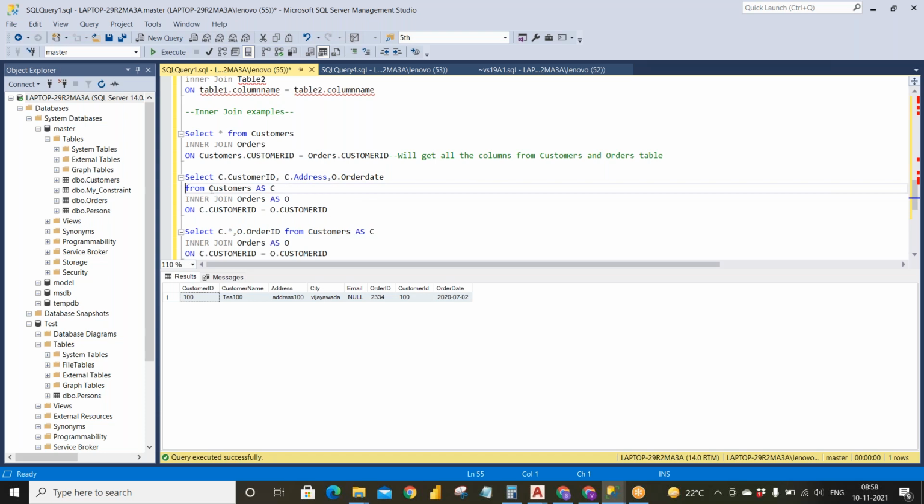Customers table is table 1, orders table is table 2. When we are saying inner join, you are joining the customers table and the orders table. So here there are two tables, okay? Customers table and orders table, okay? It is taking from both the tables, not only one table. Okay, understood madam.